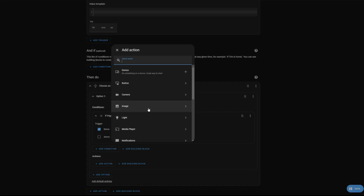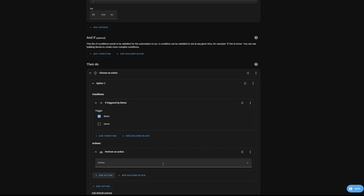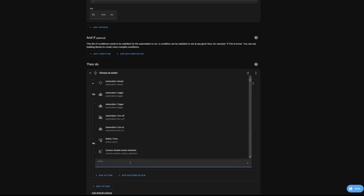Then in the search box, what you need to do is start typing in perform, and you will see that we've got perform action. So what we're doing is selecting perform action, and then you'll see we've got perform an action, and then we've got the grey action box. So under the grey action box, click this grey bar, and what we're going to do is start typing in